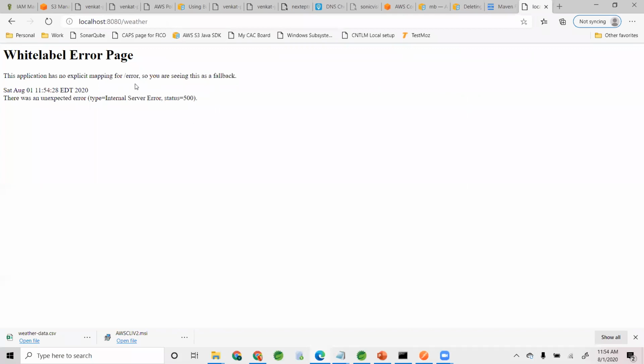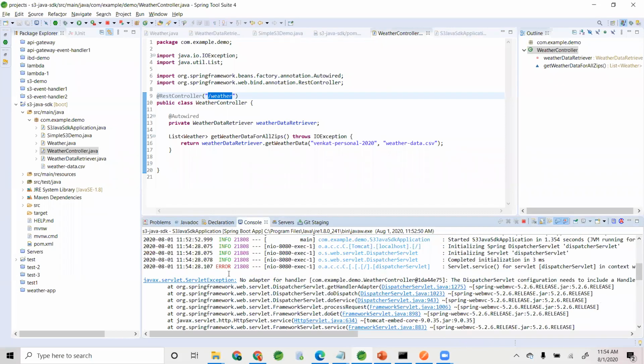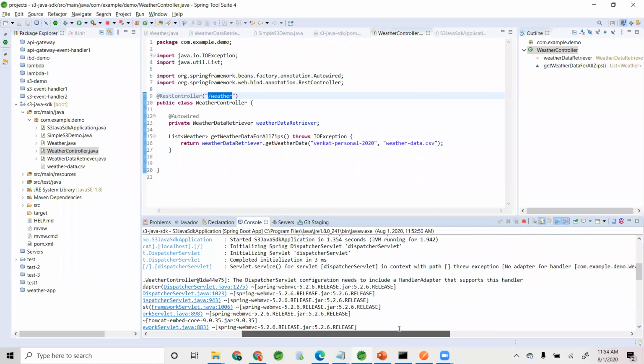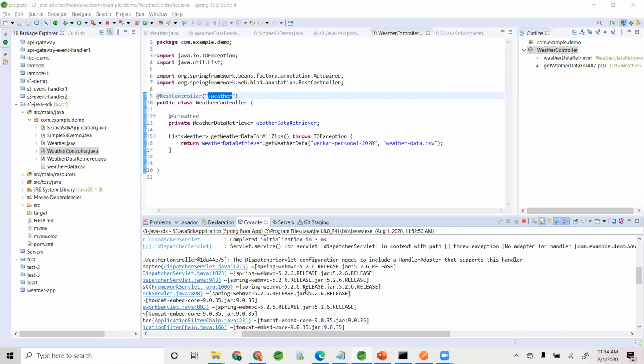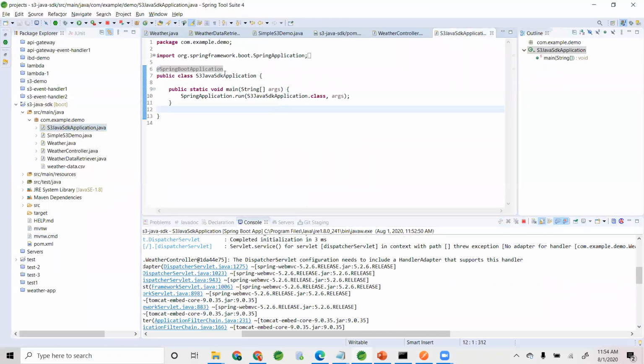So, okay. Is it 8080? Yep. Yeah, this went there. Oh, okay. Dispatcher, because I have to put, oh, so it's because this is a simple Spring Boot application, right?